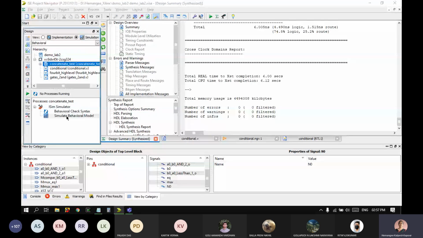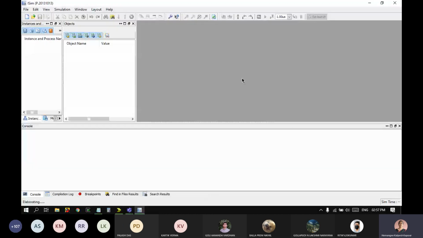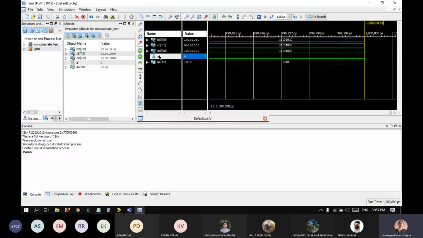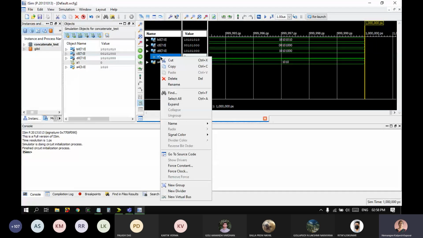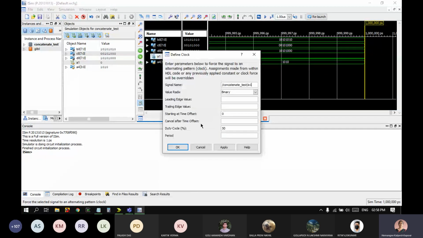You can force constants, but you can also force a constant to toggle every time. So this is a single bit variable. I want it to be a particular way, but in the execution, for example, when you simulate a clock, you will have to use this feature. Otherwise, you can also make one of your 1-bit variables a clock. So in this drop-down list, you have a force constant and a force clock. So I can use this force clock feature. It says leading edge and trailing edge. So I want to start it with a 0, end with a 1. And it says when do you want to start it, when do you want to stop this clock.